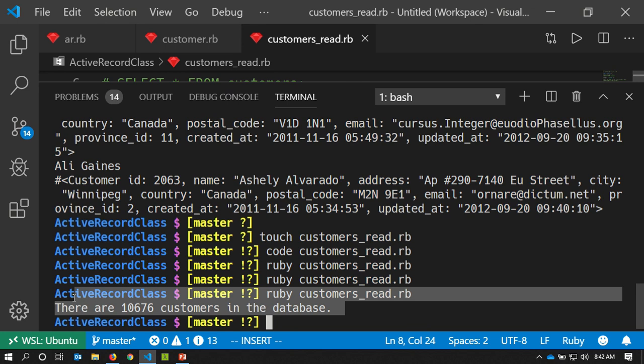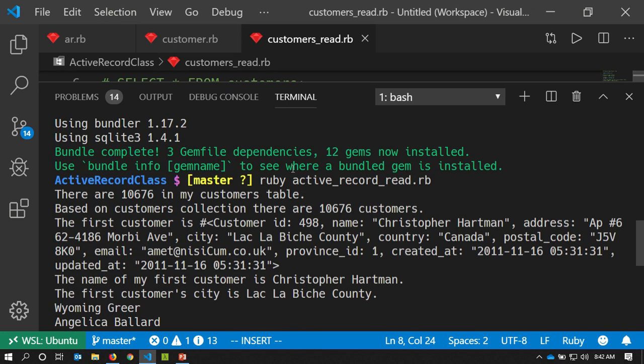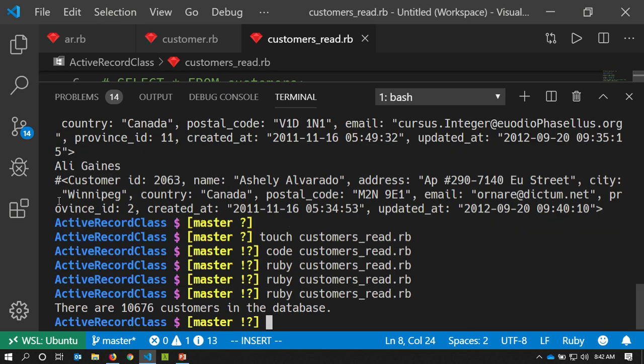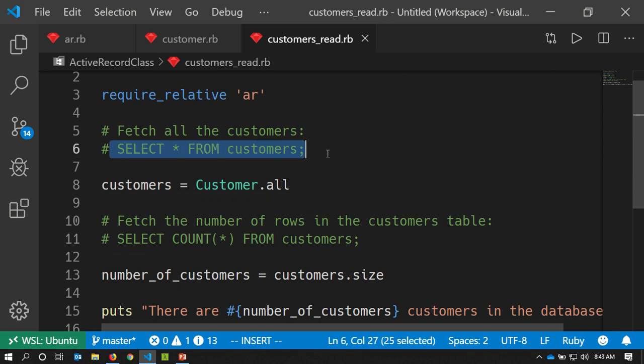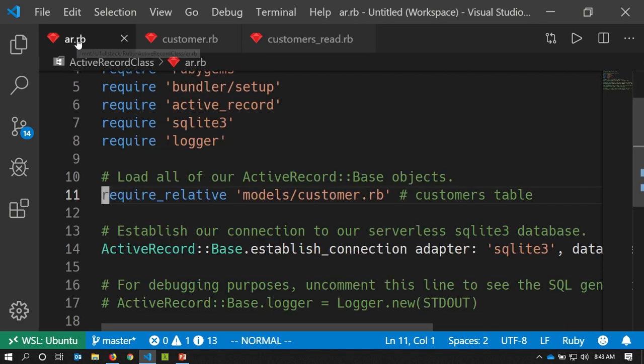And we see the same thing we got prior in the pre-written program. There are 10,676 customers in the database. So before we inspect the types of those things, let's just look at the SQL that ActiveRecord is writing for us. When we looked at the file, we were thinking that, okay, this is a select star from customers, and this is a select count star from customers. We can see the generated SQL if we go into ar.rb,